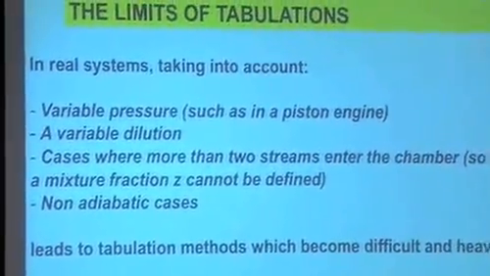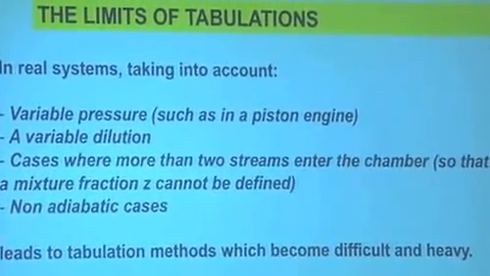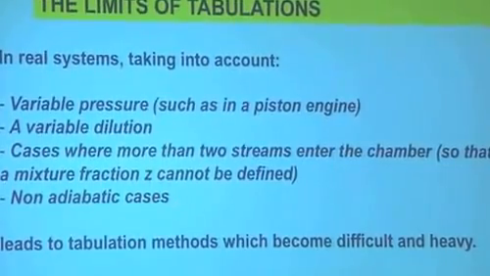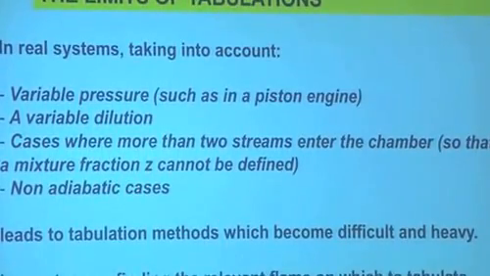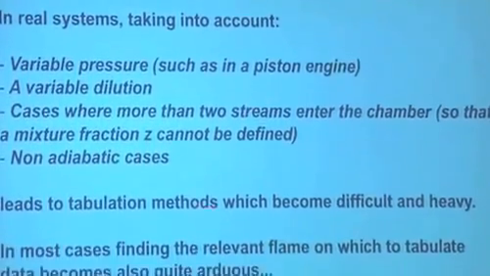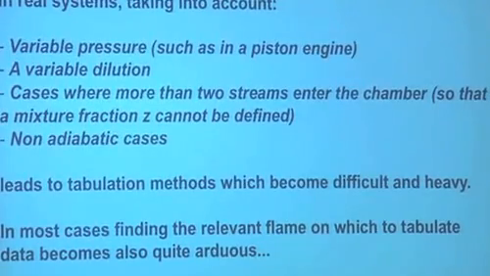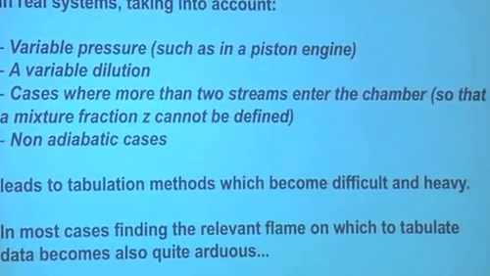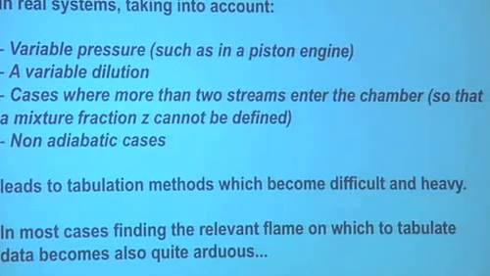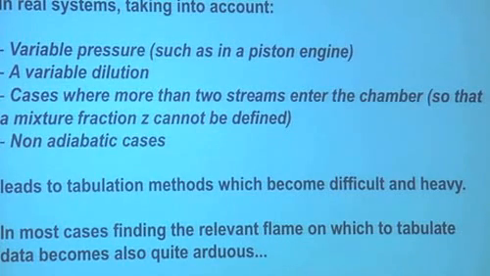But in an engine also, if you have more than two streams entering the chamber, you need to define more than one mixture fraction. So you have 2 or 3 mixture fractions. If you are non-adiabatic, you need to add the heat losses. So you have 6. And the size of the table becomes too big to fit on one processor. We've seen that quite often. And then you're stuck. You're not stuck because your idea is not good, but the way you implement it won't work. On a Blue Gene machine, the memory is not that big.